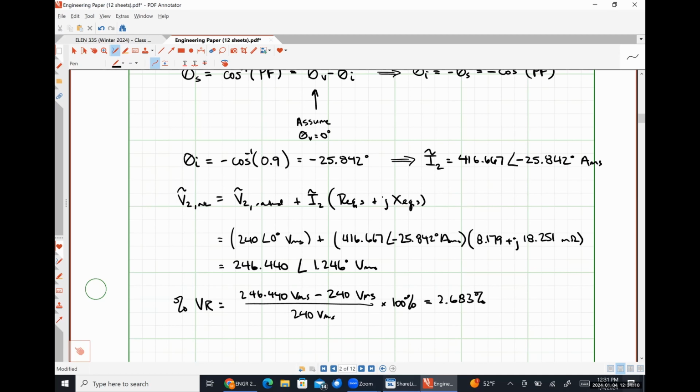All right, so 2.683% voltage regulation. This particular transformer does a pretty good job. Really, anything under 3% is acceptable for power and distribution transformers. There are some applications, however, that really require very, very poor levels of voltage regulation. How many of you guys have any experience with arc welding or anything like that? A few of you have done that kind of stuff, probably at internships, working at a shop in high school, something